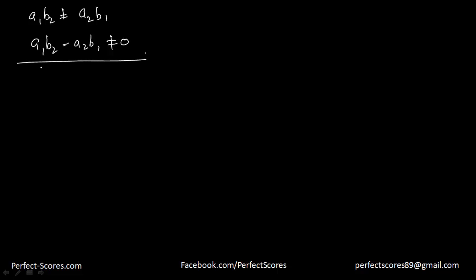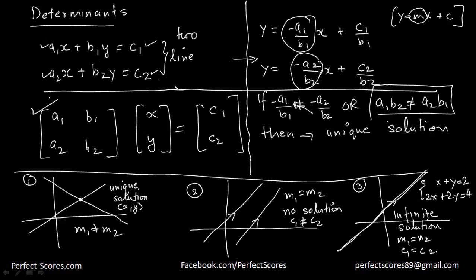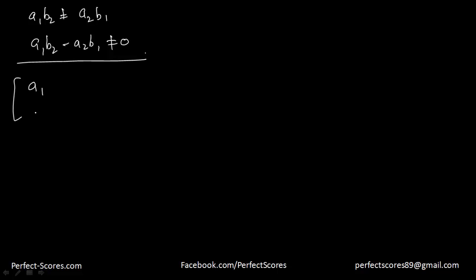So this is that a1 into b2 is not supposed to be equal to a2 into b1, which means a1 into b2 minus a2 into b1 is not supposed to be equal to 0, right? So that is the case. Now if I talk about this determinant, this matrix here, that is a1 a2 and b1 b2,